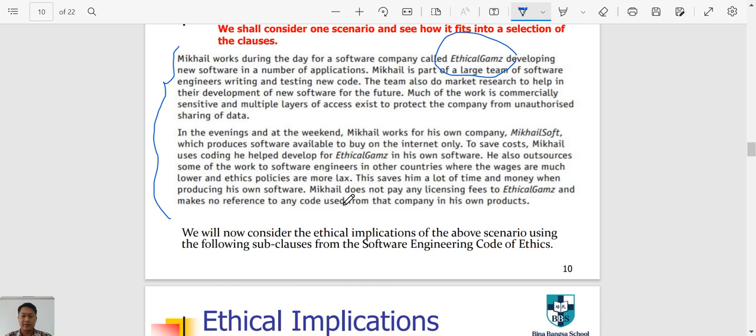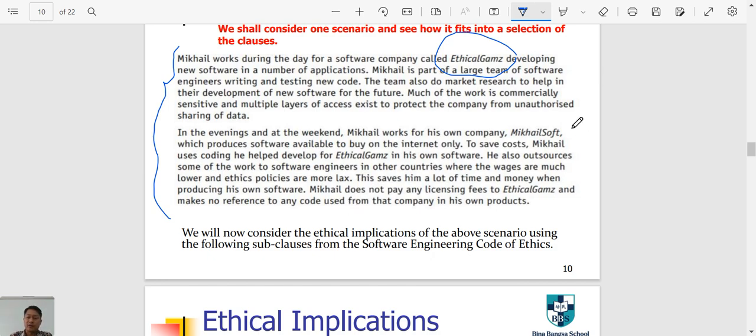There are some issues: he is using the software available in the company to develop his own software for his personal company. He even hires software engineers in other countries to develop the software that he is doing,